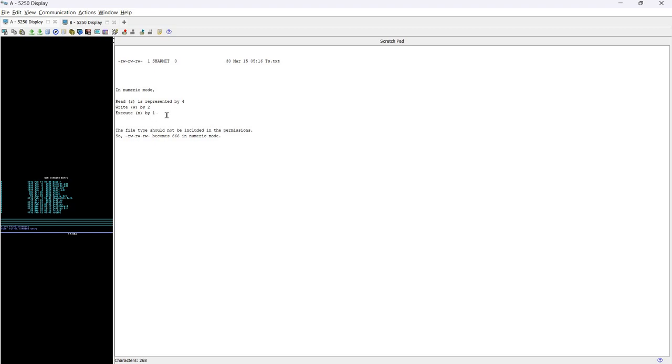Okay, so I think now it is clear. 4, 2, 1. 4 is for read, 2 is for write, and 1 is for execute. Now if you look again at the permission for this ts.txt file, which is -rw-rw-rw, here the permission would become r means read 4, write means